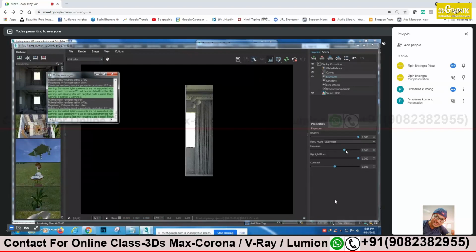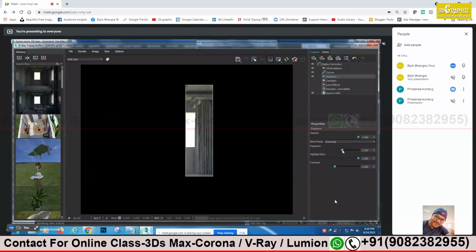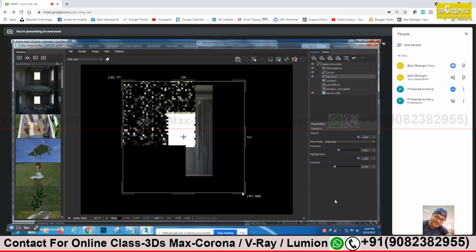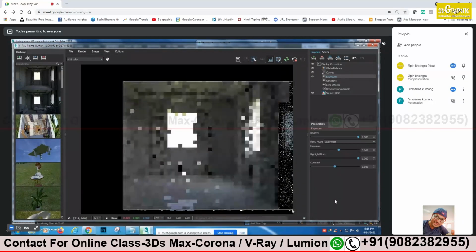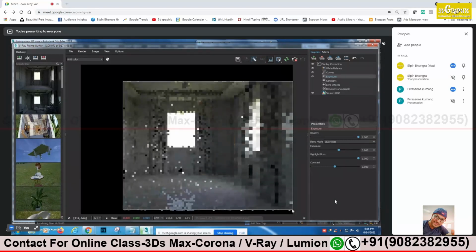I will reduce a bit. No, exposure is too much. Try to see the sofa and other areas. Lighting is proper now, but try to see the other areas. See which portion is getting exposure.